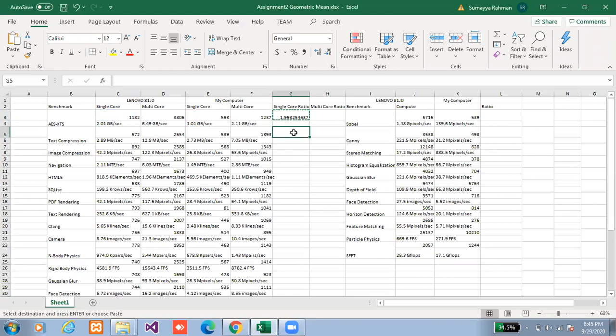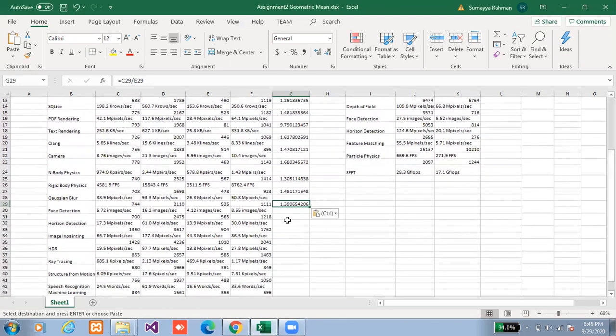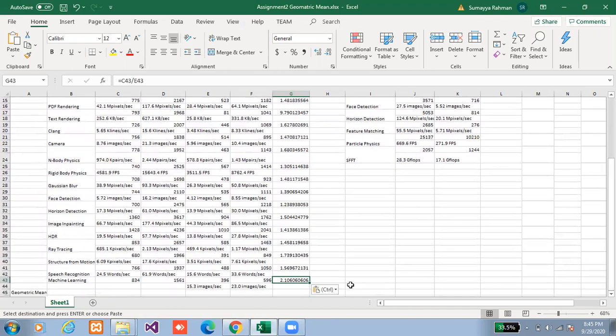Now calculate the single core ratio for all the benchmarks. Now calculate the geometric mean for the single core ratio.